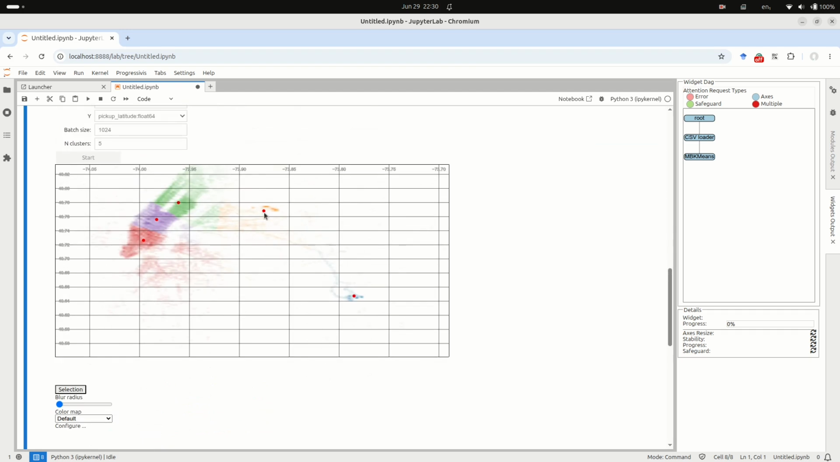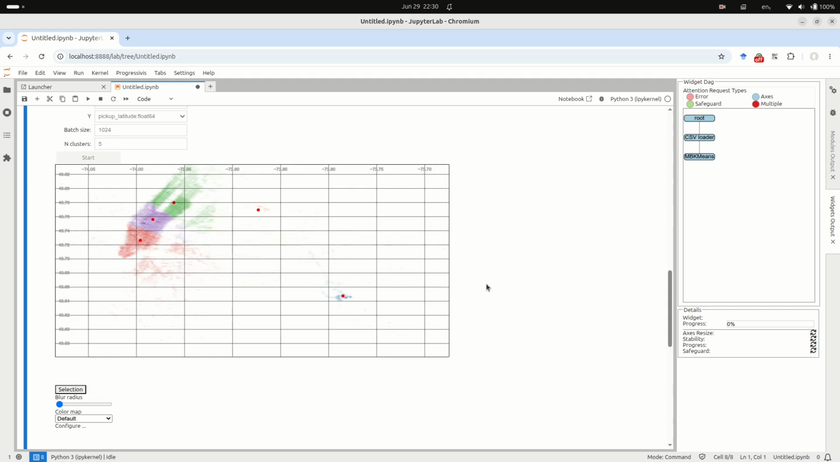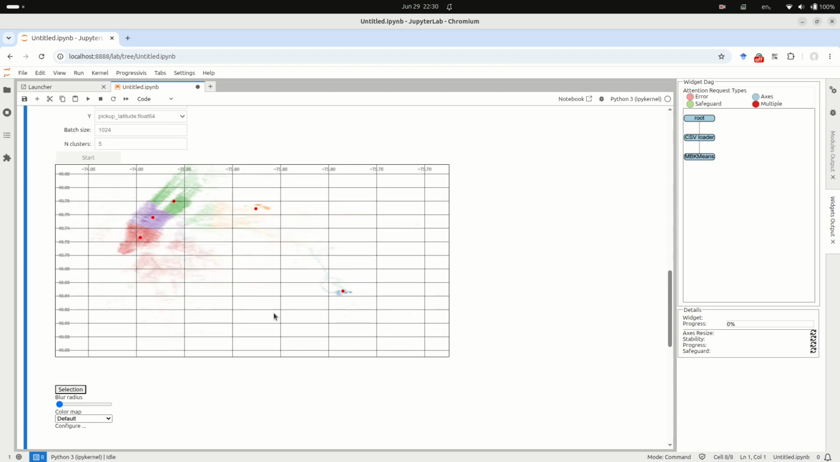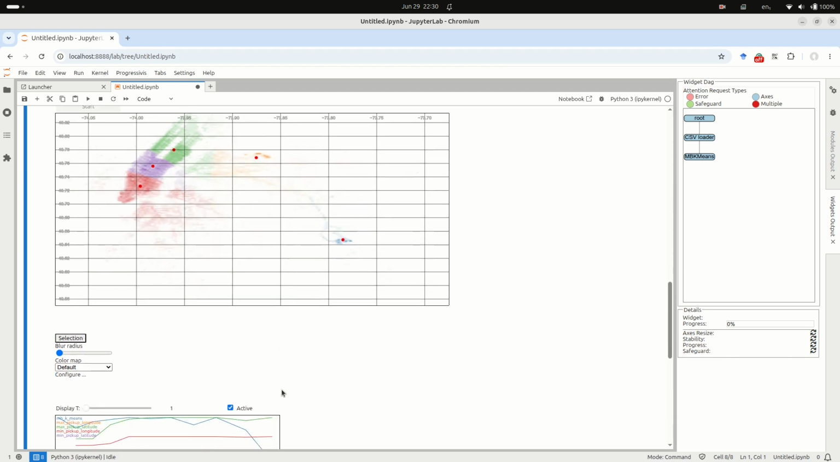We can even try to interact by dragging one of the clusters to see if it's well placed or if it's a local minimum. Here it's going back to place, so it was well placed. And under the visualization, we see the quality visualization